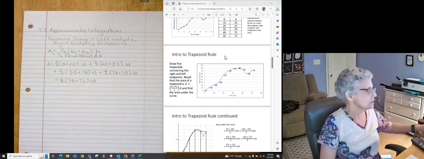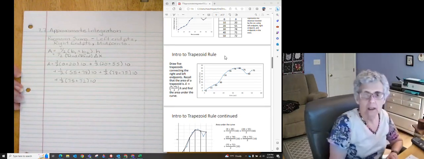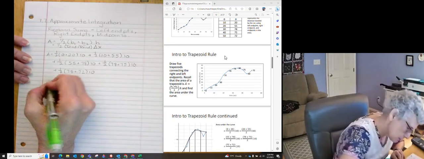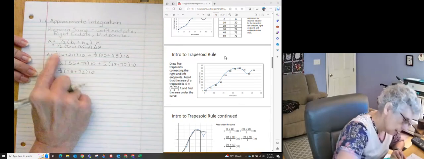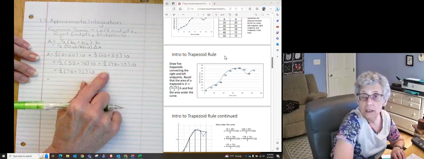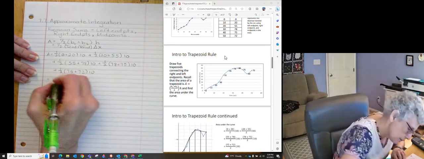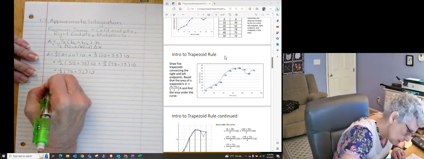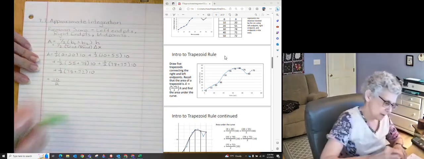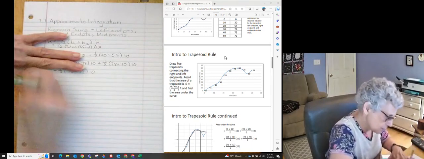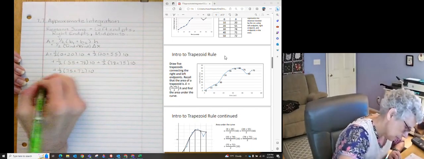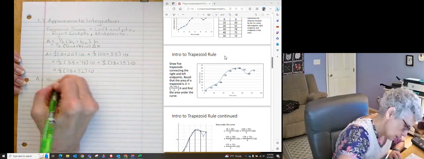Now, let's do some manipulating. Each term here has a 10, so let's factor 10 out. Each term has a 1/2, so we could even factor 1/2 out. Actually, don't do that. I don't want to factor the 1/2 out. I just want to factor the 10 out. Let's leave the 1/2s. So area is equal to 10